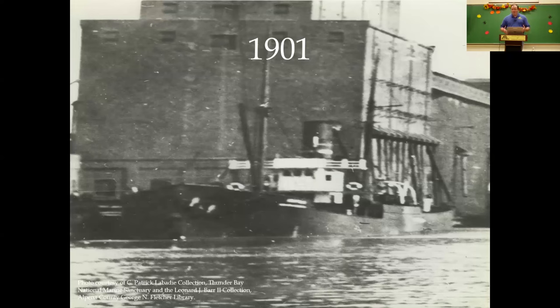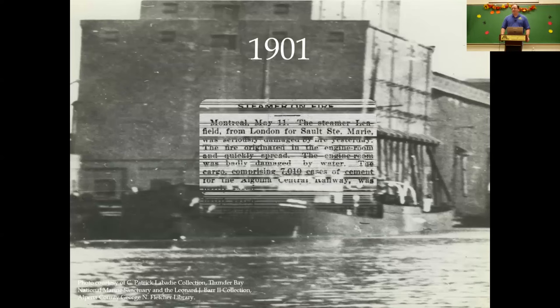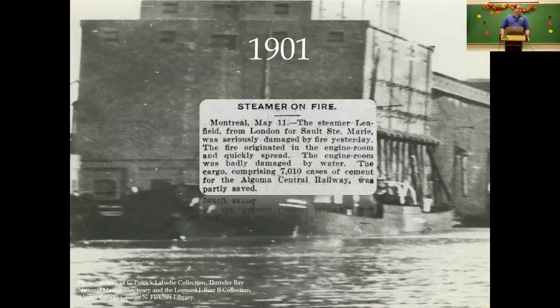In 1901, Great Lakes ships, it's kind of like bumper cars. They're going to run into things. They're going to get some bumps and bruises. The Leafield took it to another level. In May of 1901, it manages to catch fire in the engine room. And so the engine room is significantly damaged, and they have to go to the shipyard for repairs. It gets fixed up from the fire, goes back to work,